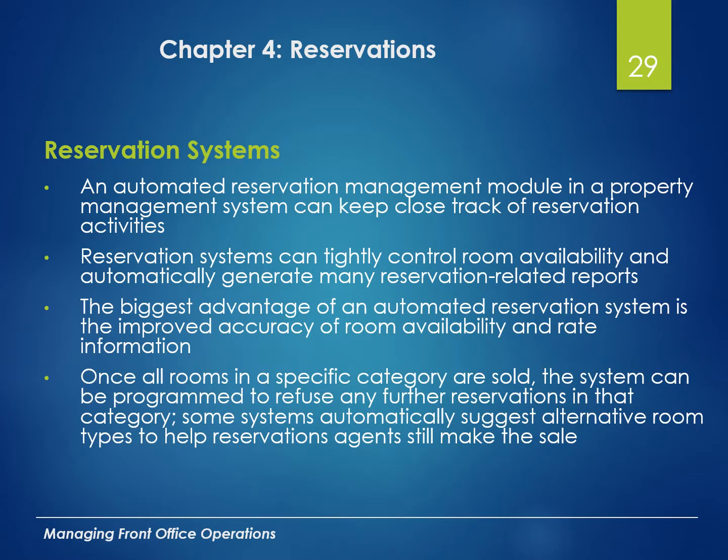So with our systems, it is important that everything that can be automated is automated. The reservation system is part of our property management system. It's one of those systems within that property management system. And so we can always look at the current, up-to-date available rate. We can look at the current availability for specific room types. There's a lot of different things we can do if our reservation system is automated.